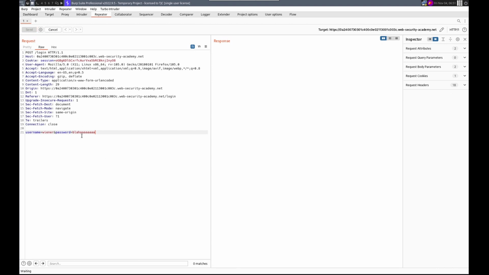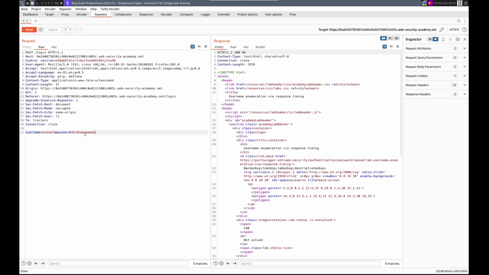And what this is assuming is that, let's say that this is correct. It then tries to hash this. And the longer we make this, the longer that hash will take. If it's an incorrect username, it doesn't try to hash it. All right, so we're 430. Let's see if we can make it